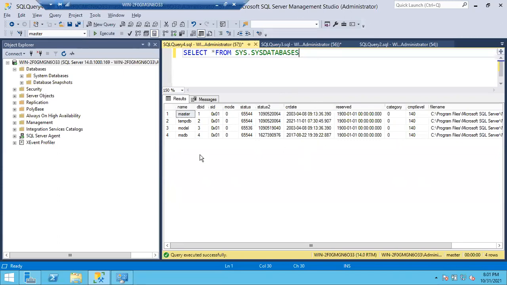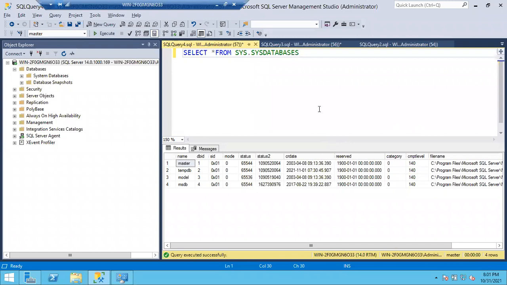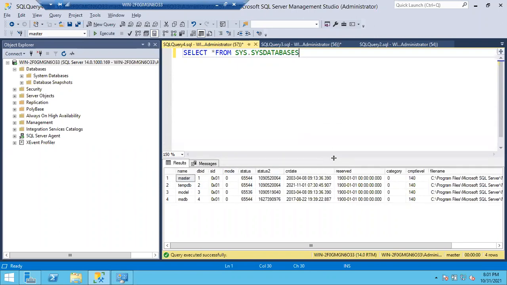For example, if there are a lot of results you want to see, you can simply drag it up, or else you can drag it down. Simply place your cursor on this small thin line, then the cursor will change like this. Then you can double click on it and adjust your output pane. So this is how you can adjust your output pane.